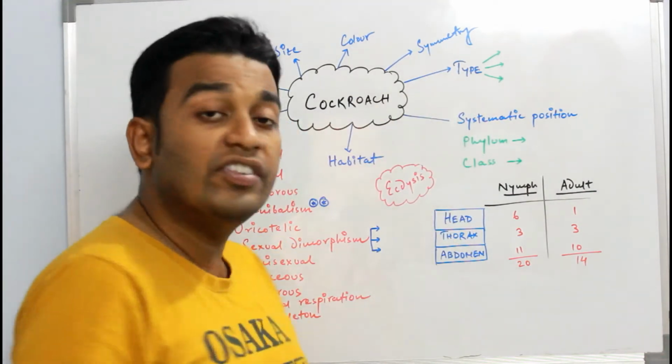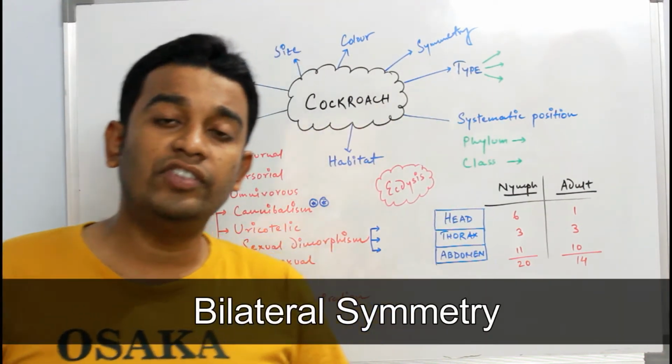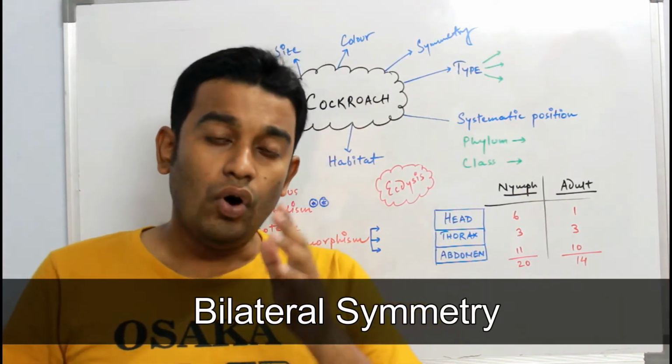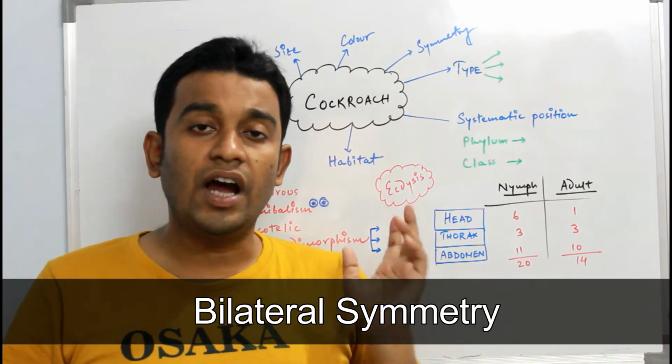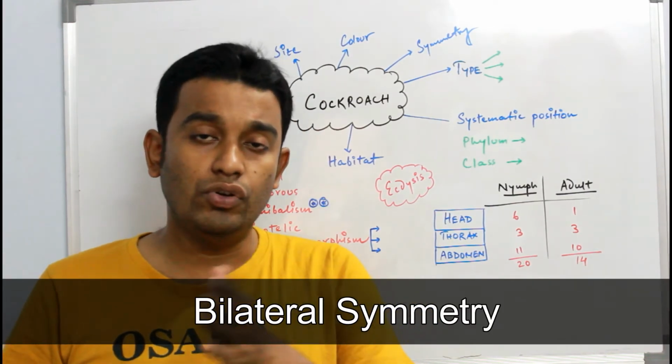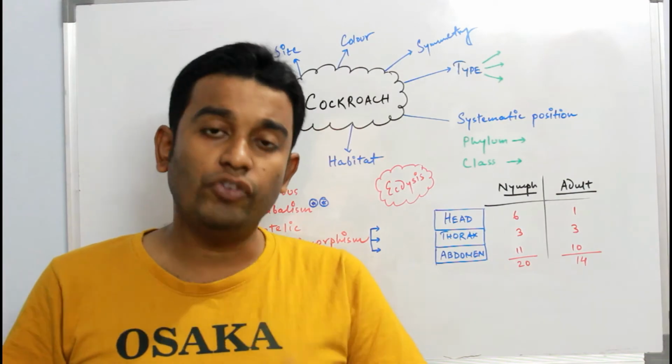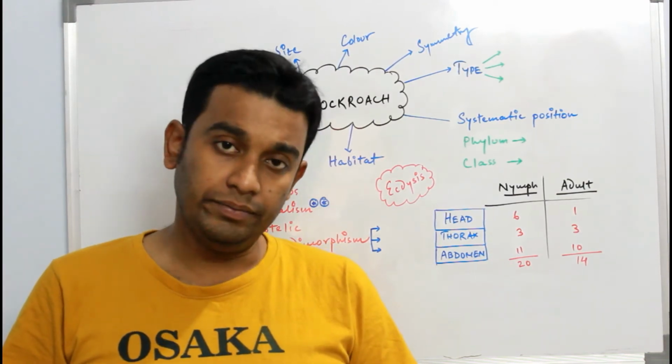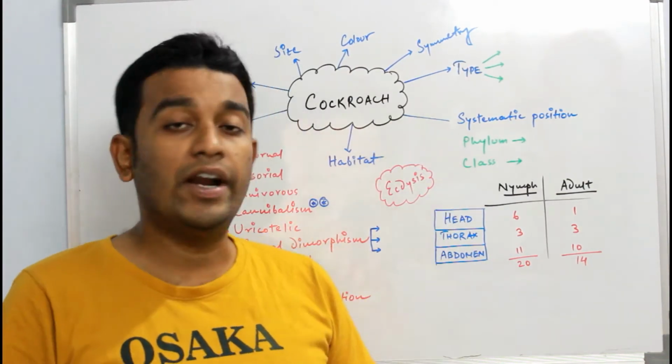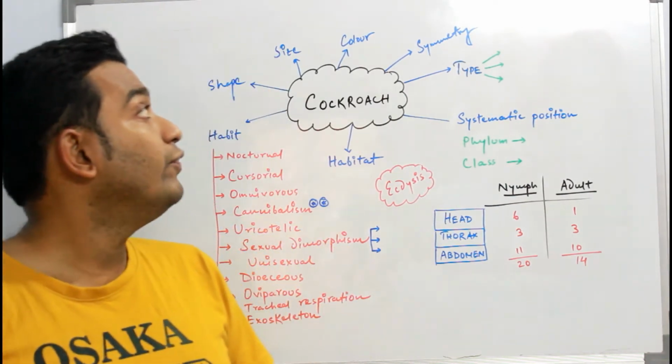Then if we talk about the symmetry, it's bilaterally symmetrical. That means only from a single plane you can cut the body of a cockroach into 2 equal halves. It is possible only from a single plane. Hence, it is known as bilateral symmetry. If we talk about the